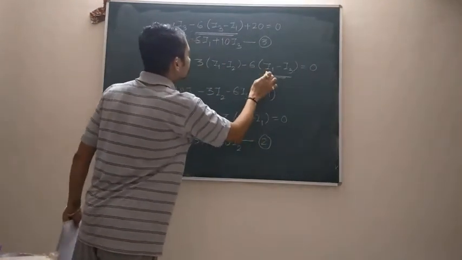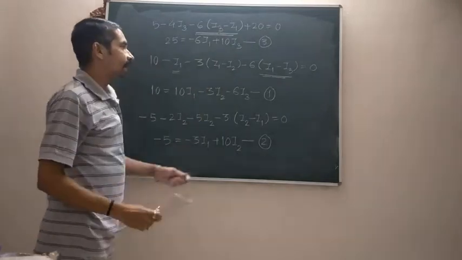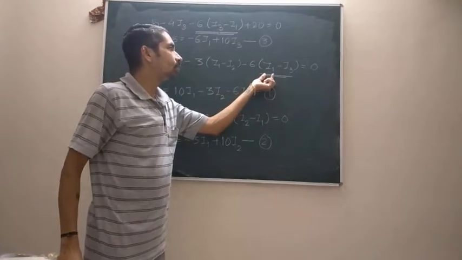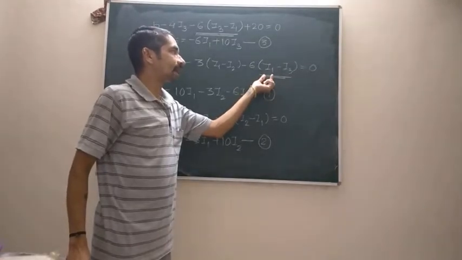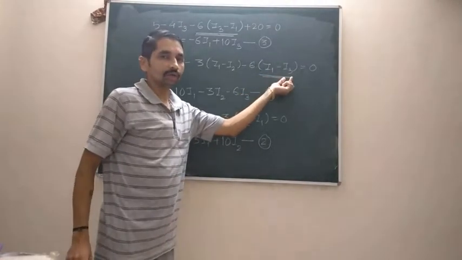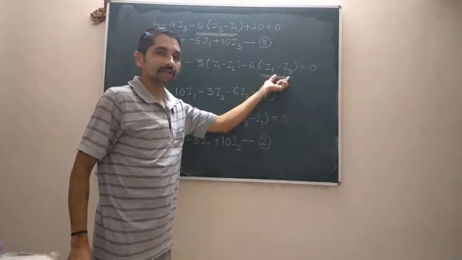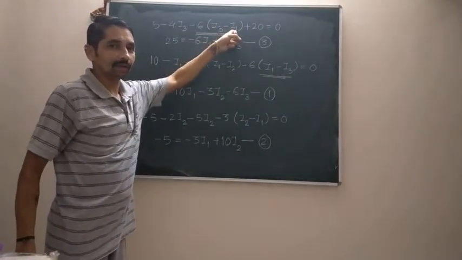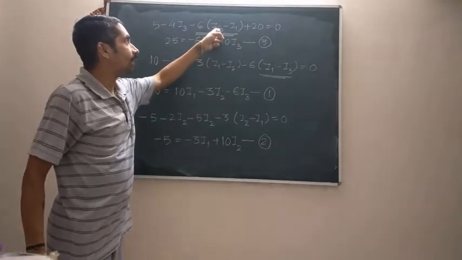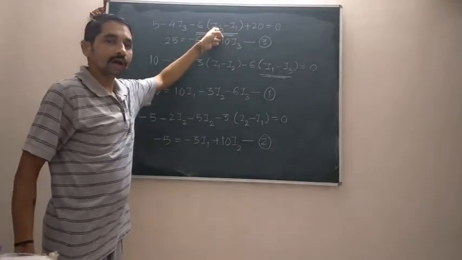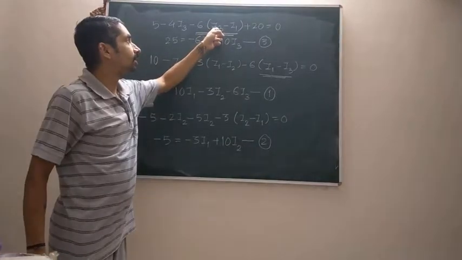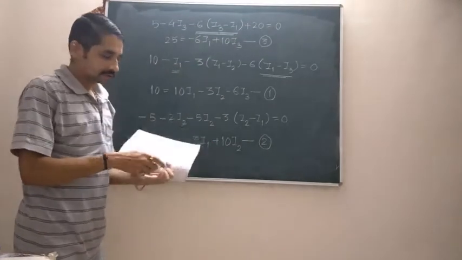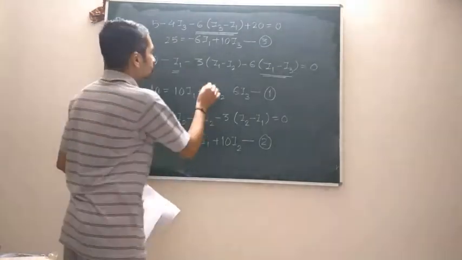If you look at this equation and this equation, as I was writing down the equation for loop number 1, I have taken loop current in loop number 1 as dominant as compared to the other 2 currents, and therefore here it is I1 minus I3, whereas for loop number 3 I have written it as I3 minus I1, because I assume the current in loop number 3 as higher than the current in loop number 1.